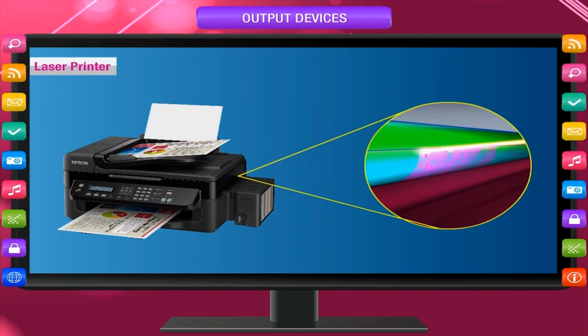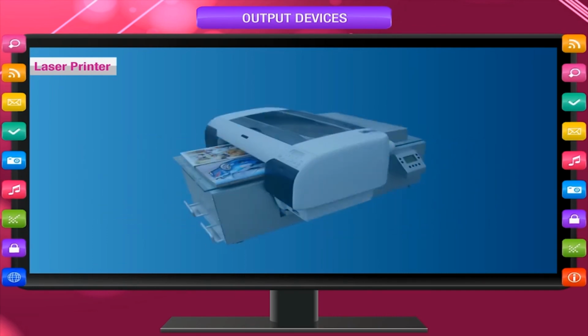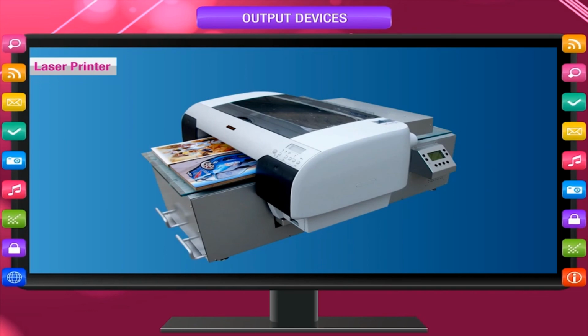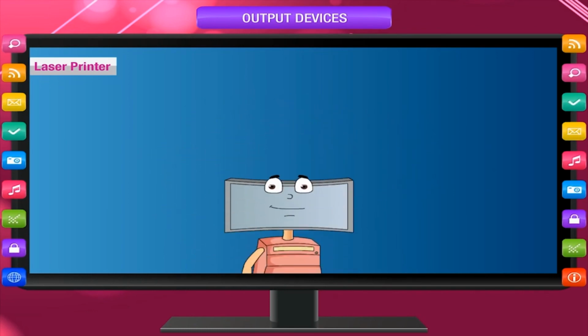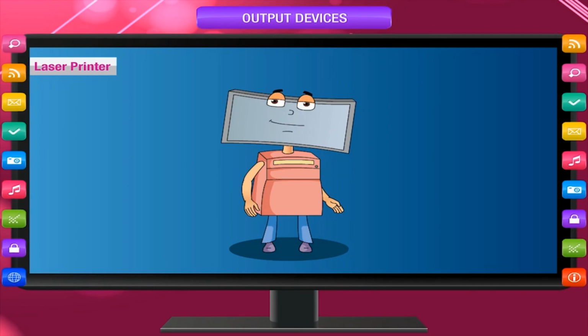Laser printer. A laser printer deflects laser beams onto a photosensitive surface to print characters with the help of powder ink. Laser printers produce high-quality printouts and have the fastest printing speeds. But they are expensive, especially color printers. Generally, these printers are used in offices and publishing houses for printing. Inkjet printers are cheaper than laser printers and generally able to print in color also.